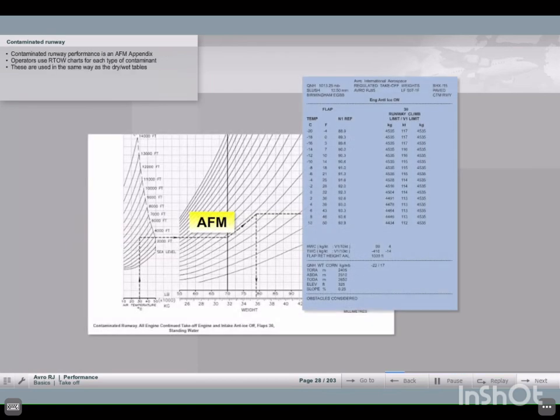Takeoff performance data on contaminated runways is provided as an appendix in the AFM, mainly presented in the form of graphs. Normally, an RTOW chart for each type of contaminant is used by operators. The table is used in the same manner as those for